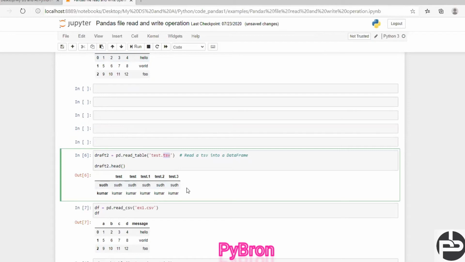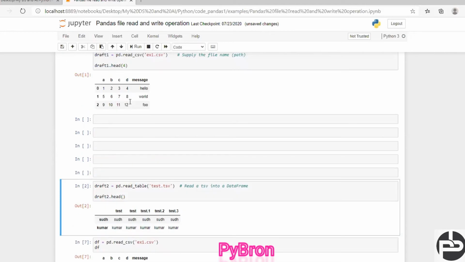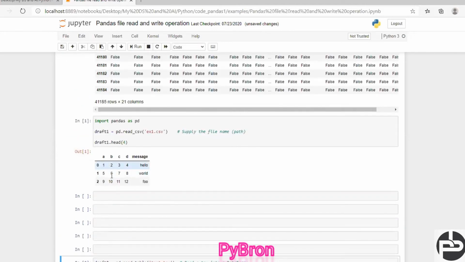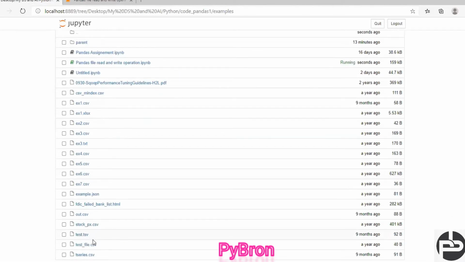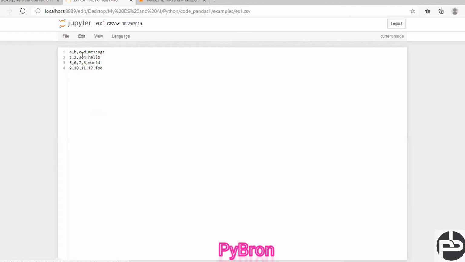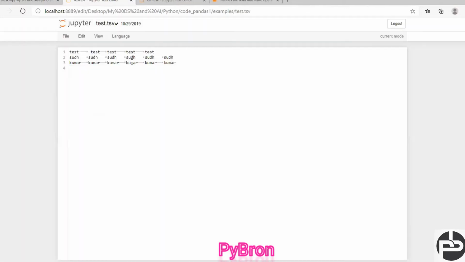If you open this TSV file, okay, let me show you. So in case of a TSV file, what is that? In case of CSV, the variables are going to be separated by a comma. I can open this. See here, all the variables are stored separated by commas. But in case of TSV, if you open the TSV, see here, tab separated variable. Here all this data is stored separated by a tab. With the help of the tab, we separate our data set, right? So this is the difference.